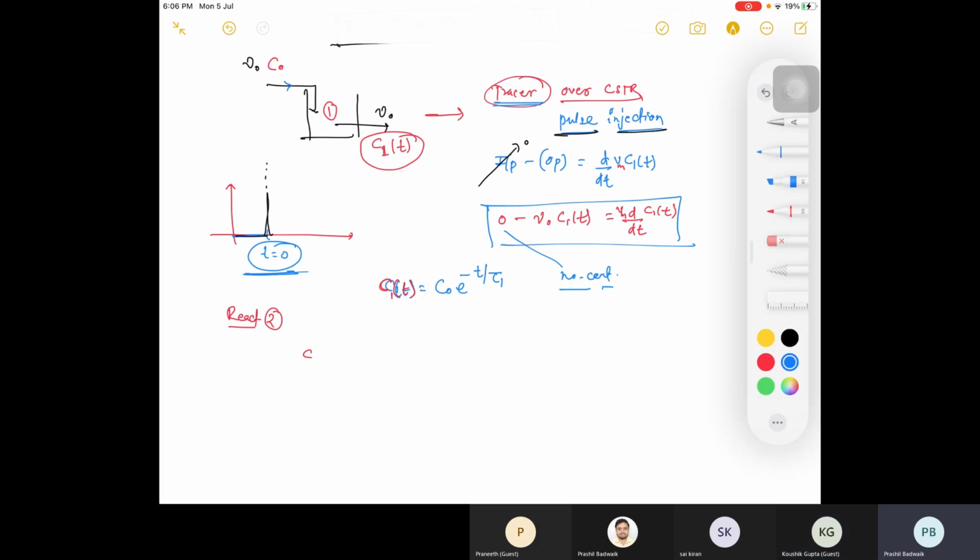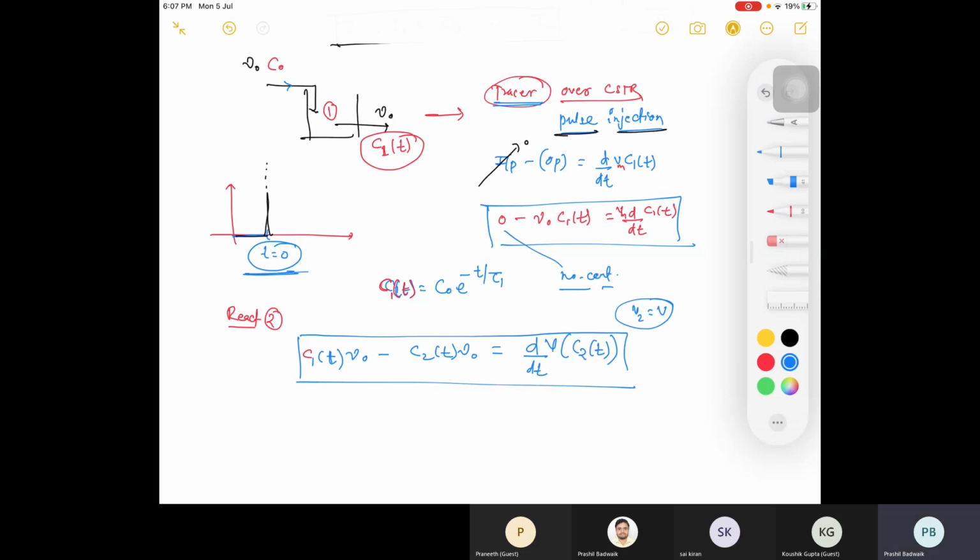Then if you balance our second reactor, you will have C1(t) entering into ν0 minus your C2(t) into ν0 coming out. Your reaction consumption is 0, and d/dt of the volume of the second reactor, that is V2, equals V, right? All reactors have the same volume. So I'll write here V only, and then the remaining is C2(t), C2 as a function of t. So this is your balance.